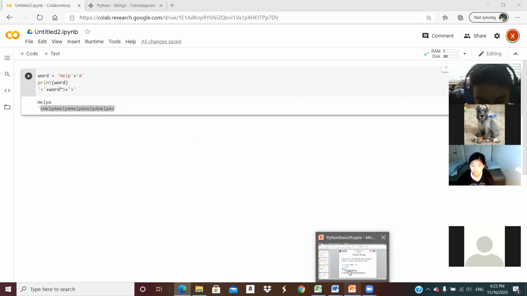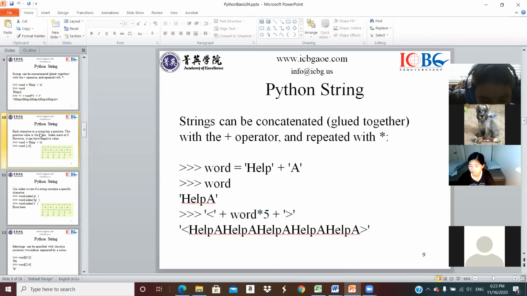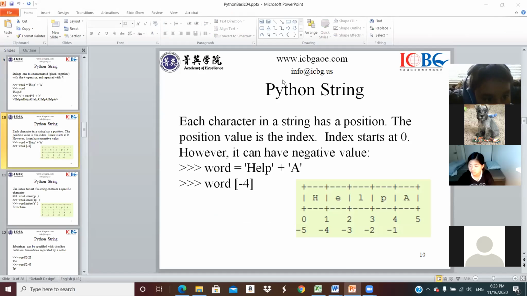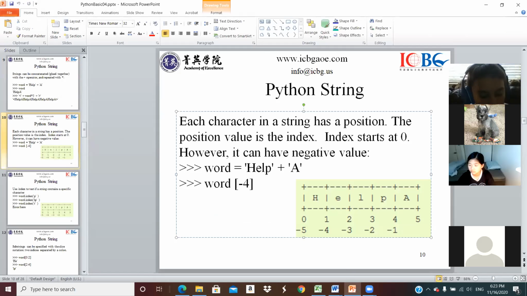All right, so let's move on to the next topic. This is a very important topic, and we will use it throughout our data structure. Each character in a string has a position. The position value we call the index value. Index starts at 0. However, it can have a negative value. So what does it mean? Look at my screen. If you have the word help,